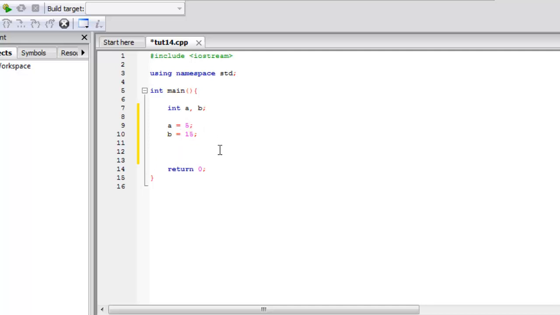So what do we want to do? Actually, let's have a variable for the result, and this will be answer. So let's say answer equals A plus B. So the answer is 20, right? Now let's output